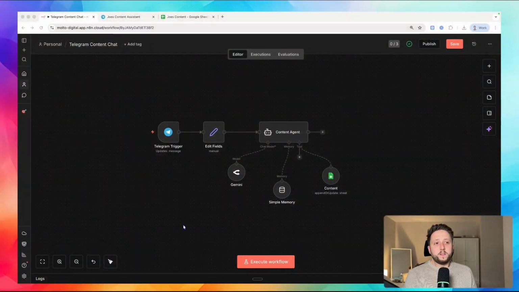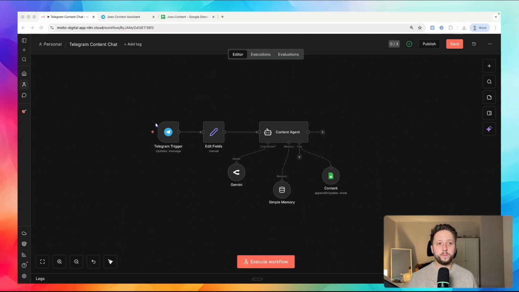So this is the finished product. Really, really simple. All this is a Telegram trigger. This just means that there is a message that I send to Telegram, and it takes that, almost as if I'm talking to the agent, and that's my way of communicating with this workflow. There is a reason I do this: the value and use case of using Telegram is that I've got it on my phone, on the go. So if I've got a content idea, or something I want to talk about, I can really, really quickly open my phone, go to Telegram, and message the content assistant that I've created in Telegram,